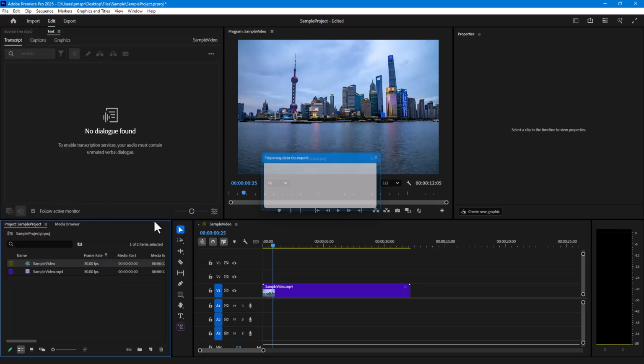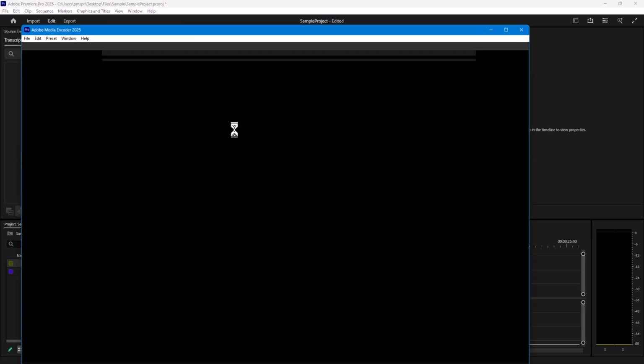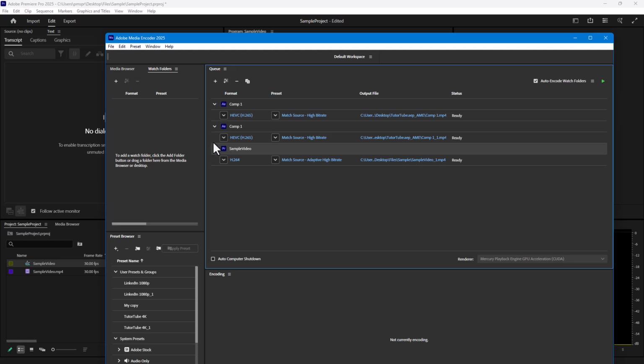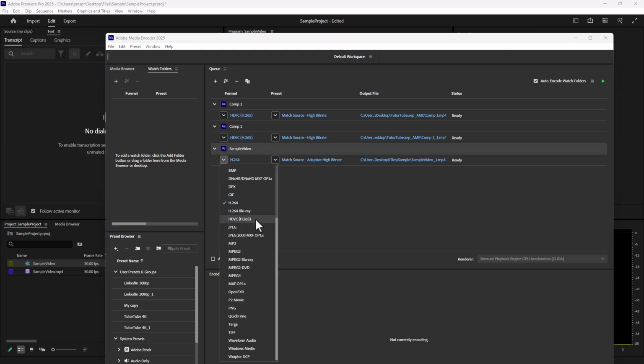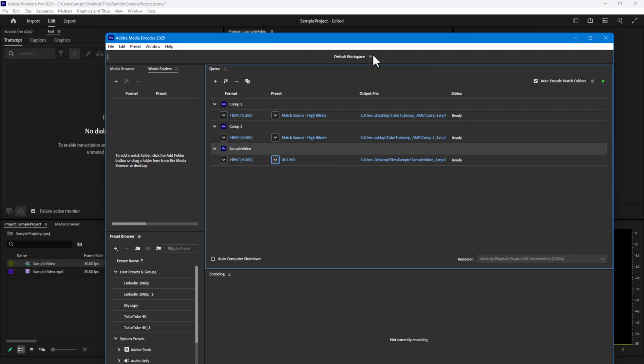Simply click, and what happens is that it loads up Adobe Media Encoder right here. And now you can see that a new file is being loaded, and there you go. You can see that the sequence that I chose has now been loaded up right here, and you can choose whatever file format you want, and then manage your export of Adobe Premiere Pro